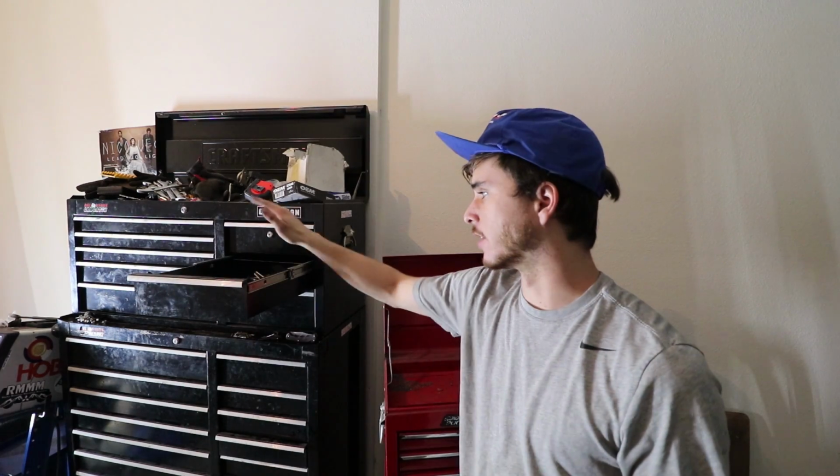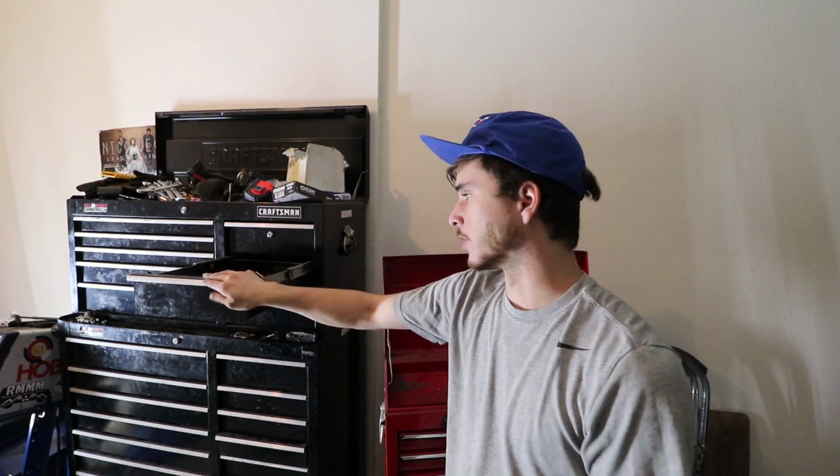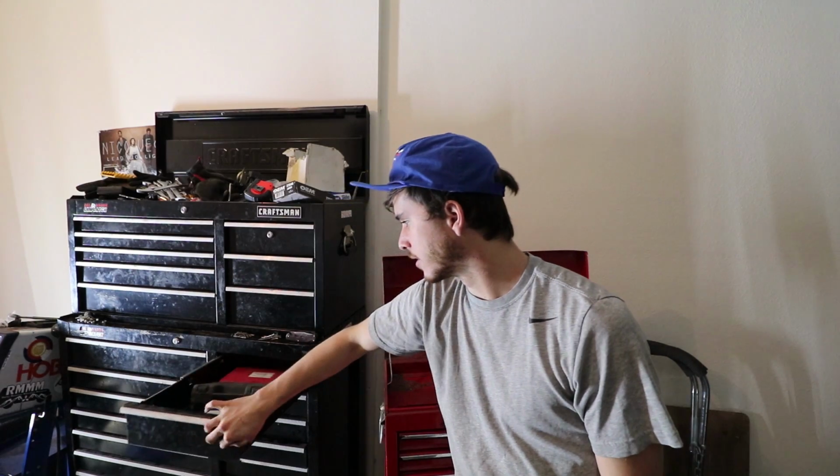So when I got my big 42-inch Craftsman, this box actually needed a restoration pretty badly. All the slides were full of dirt and sand, and so all the drawers were real crusty. Now they all glide real nice how they should, latch and everything. So what I learned when I did that is the most important thing is to make sure that your toolbox is perfectly clean, because really this is going to be the only time you ever get to do that,